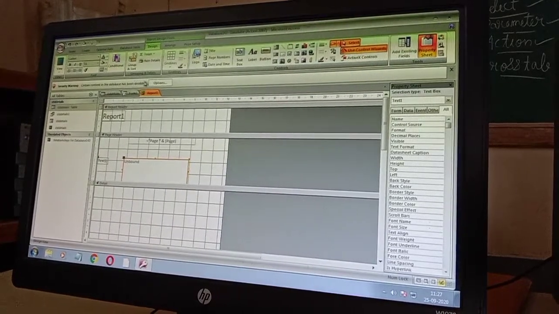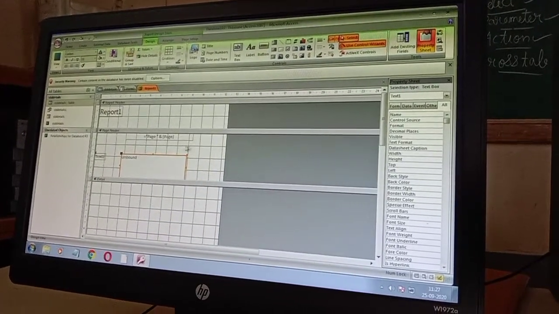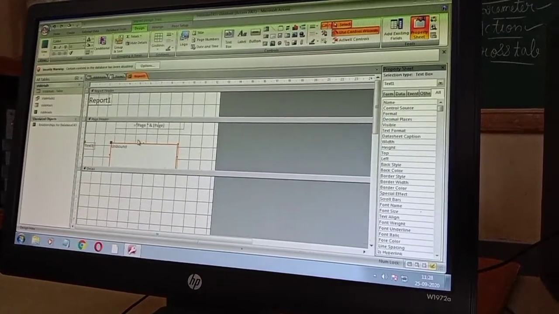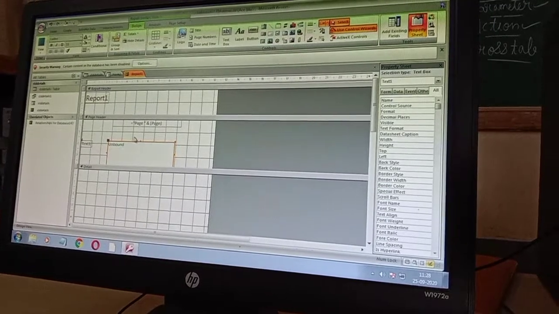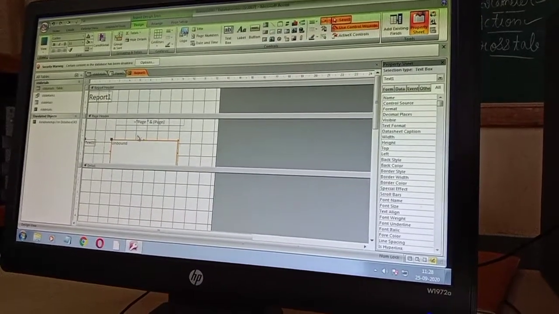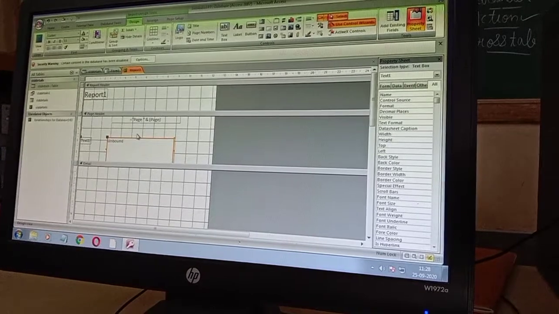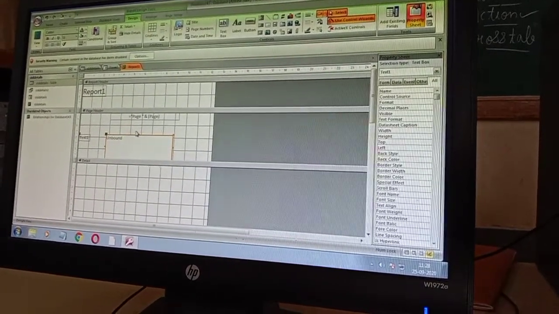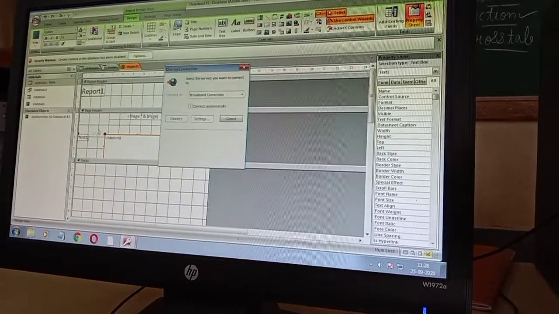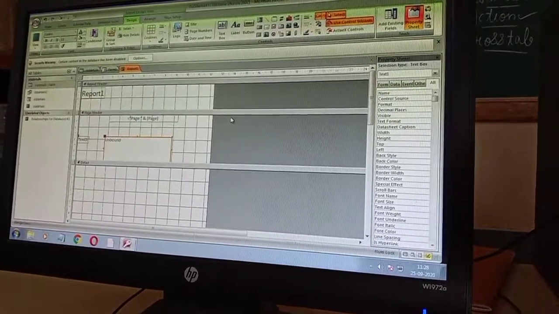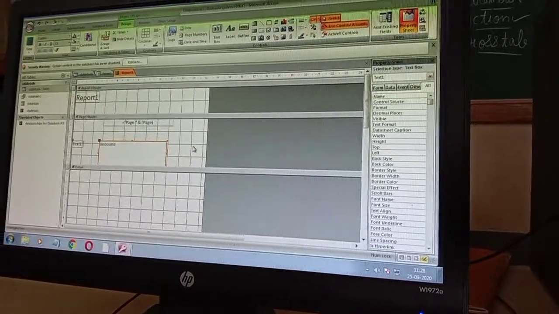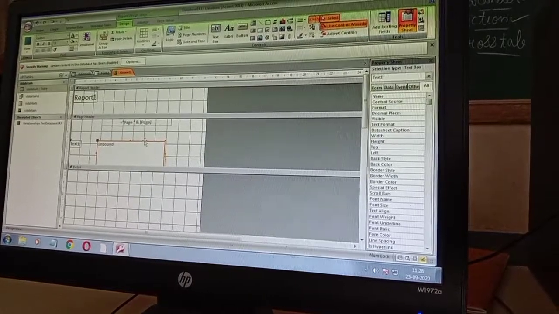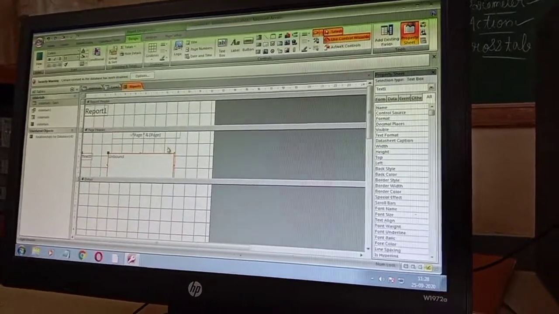We have already discussed about grouping and sorting. Group the particular text or the particular objects you can group. This you have learnt in PowerPoint, how grouping and ungrouping is done. Group means it will make different objects into one object, whereas ungroup will scatter the objects into different categories. You can again group that and ungroup it. Sorting indicates arranging in ascending and descending order. You can arrange the data in ascending and descending order.